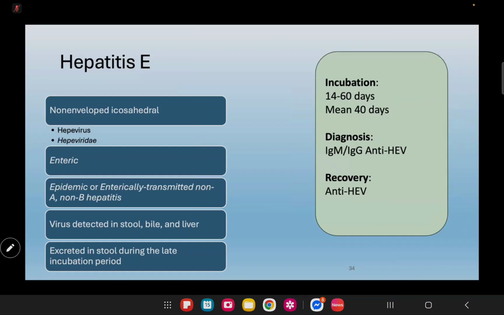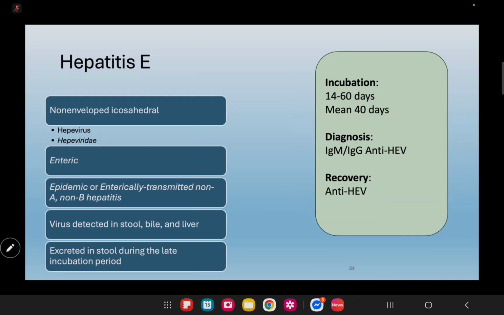It is transmitted through the enteric route, meaning it is spread via the fecal-oral pathway, similar to hepatitis A. Hepatitis E infection commonly occurs as epidemics in developing regions where sanitation is poor, or as sporadic